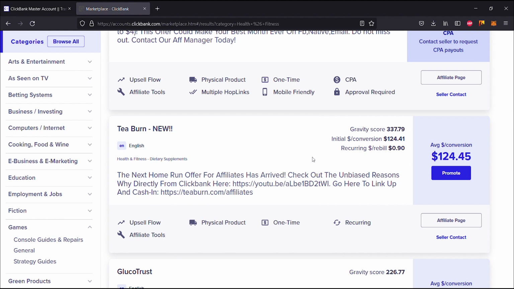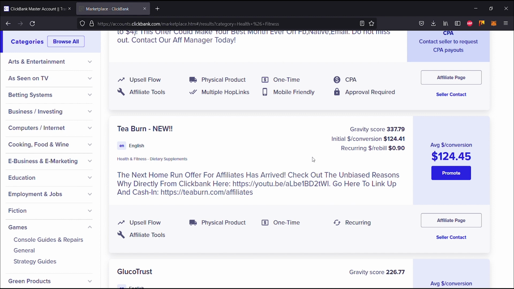I think I remember reading this somewhere. But yeah, we have T-Burn, and the gravity score for this is 336.79, and our initial dollar per conversion is $124.41 with the reoccurring dollar per rebill, which is